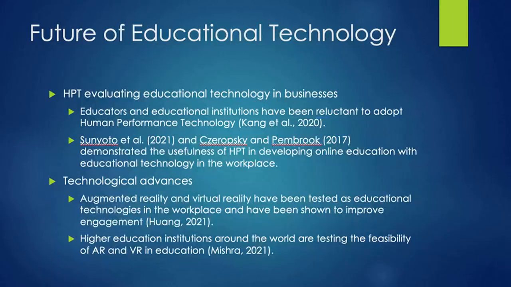As technology continues to advance, educators must look to the future of educational technology and what types of technologies could be employed to be used in online education. One avenue for evaluation is to examine what technologies businesses are using for training and education, and what human performance technology reports are being written about these technologies. Despite the obvious use of HPT in education, educational institutions have been reluctant to adopt human performance technology as an